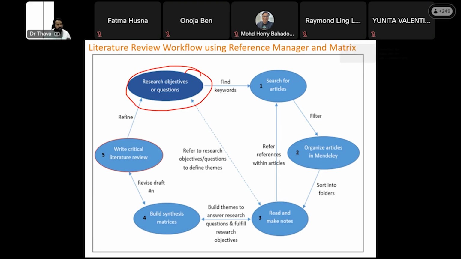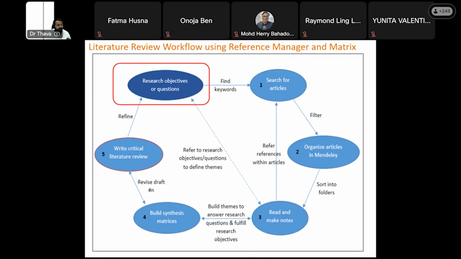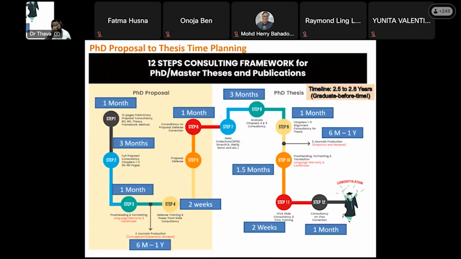So that's why it's very, very important that you generate a really novel research objective and research questions. Very, very, very crucial. Okay. So that's the first step of everything. That means your problem statement, your RORQ, very, very important. So for that, it's very important to look at these steps of development. This is our 12 steps